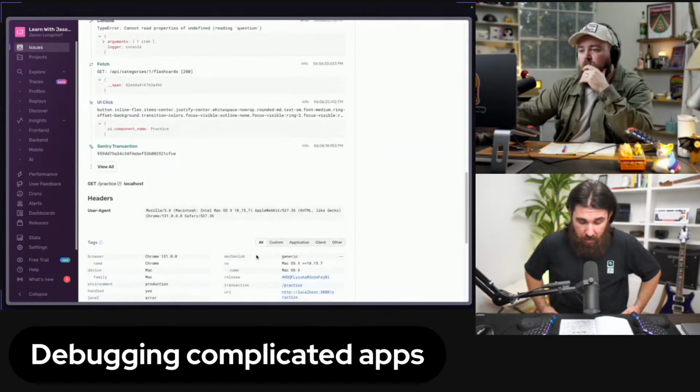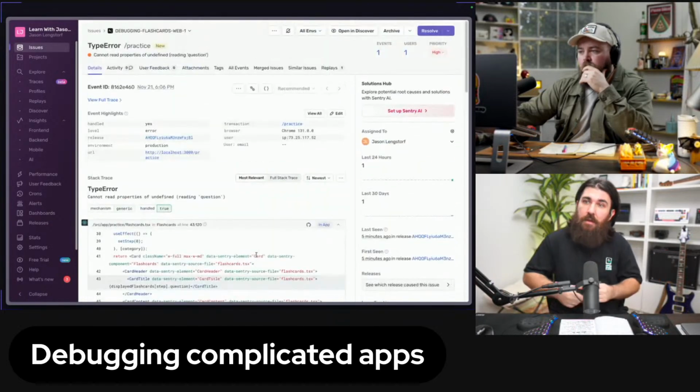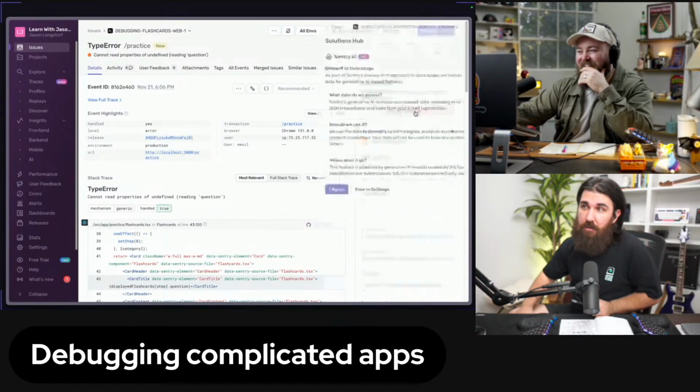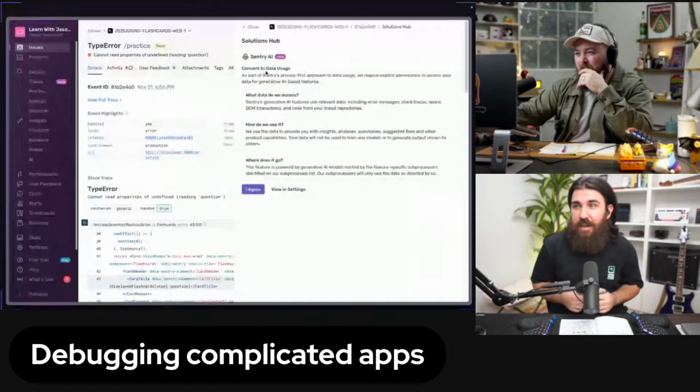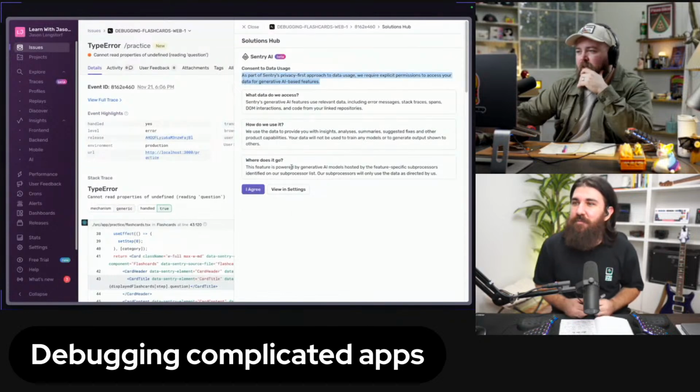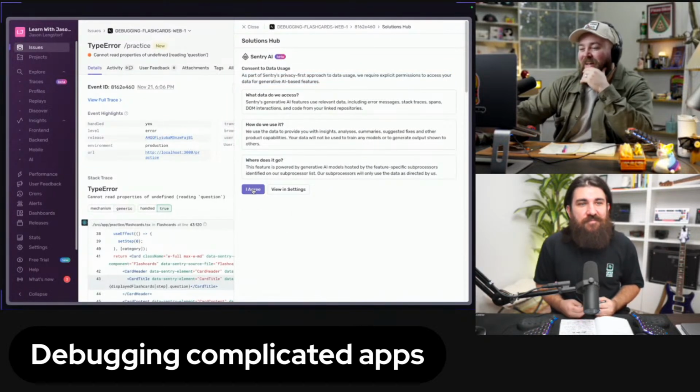But right now, I want you to go all the way up, and we're gonna check out the Solutions Hub, top right. We literally launched this 2 days ago. If this is slow, that means a lot of people are testing it out right now. But what we're doing is we're using AI to solve our issue. So we're not just coding with AI, we're actually debugging with AI now. This is the first AI debugger in the world. Oh, look at this. Explicit permission to train a model on my data. Who knew?